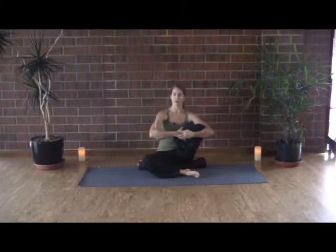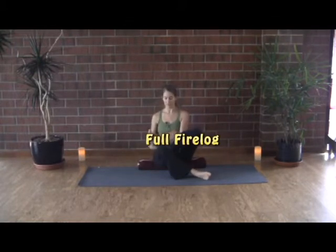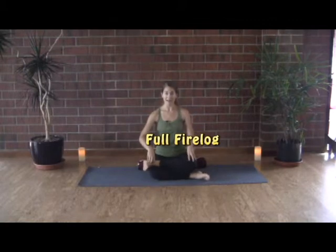You can also pull that foot in, feeling a slightly different sensation. And then this is a nice maneuver into our full Firelog pose. So if full Firelog for whatever reason doesn't feel good, we can always just play with our Cradle the Baby or that half Firelog. Now for full Firelog, we take the top leg, put it back essentially where we started it for half,